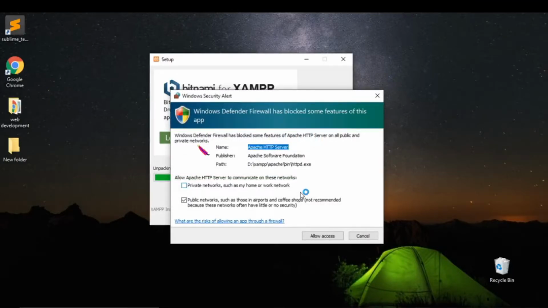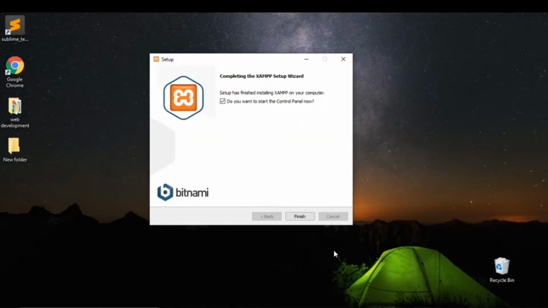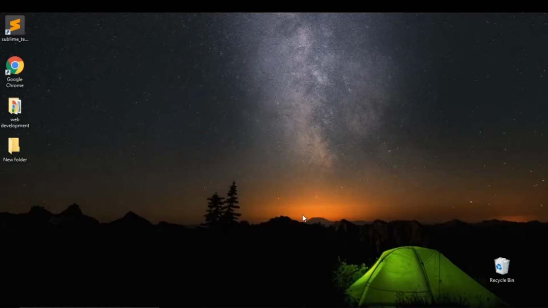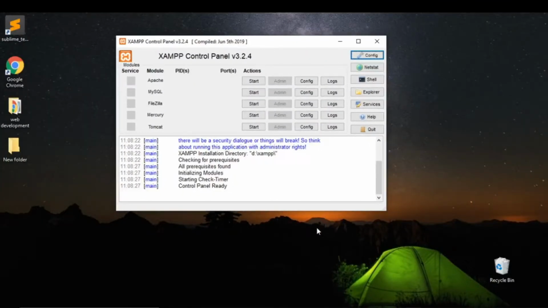This is the pop-up from Windows Firewall for the Apache server. Just click Allow Access to get more features on the Apache server. And then the installation is finished. This is how XAMPP software looks. XAMPP provides an Apache server in which we can host our PHP files and a MySQL database where we can store our